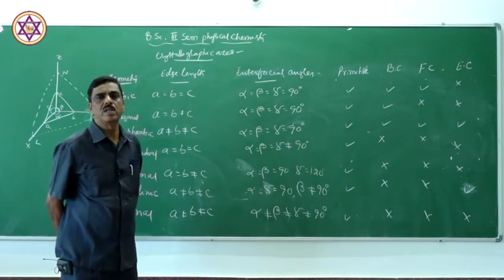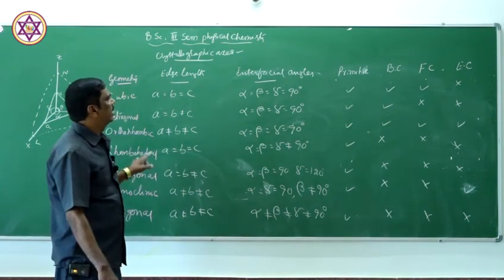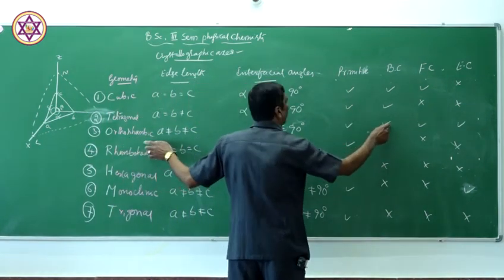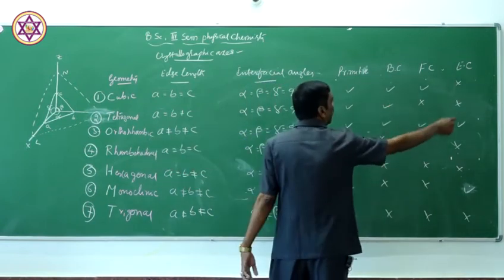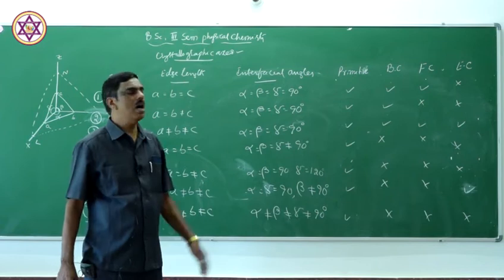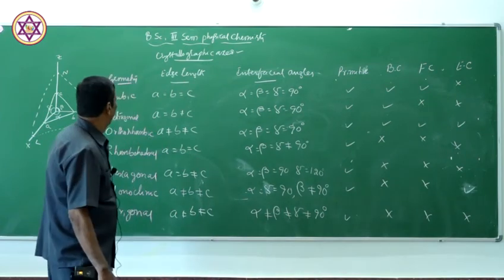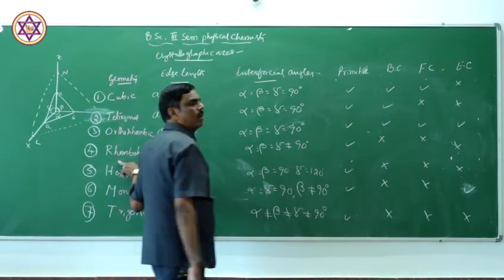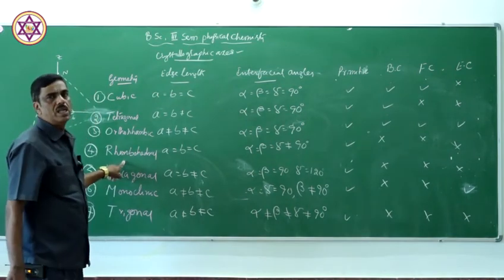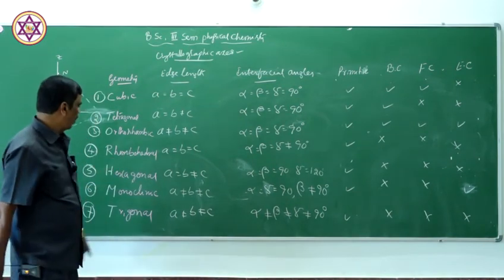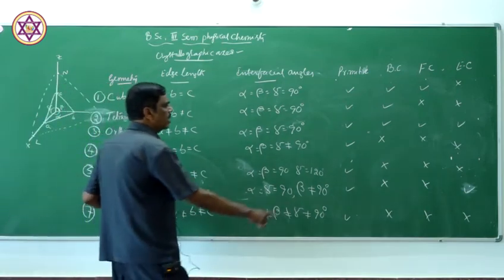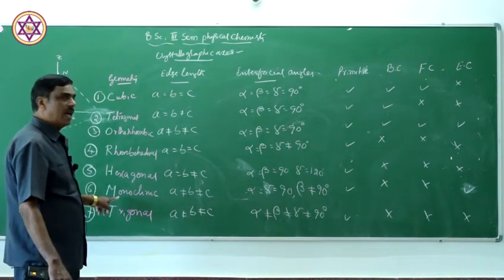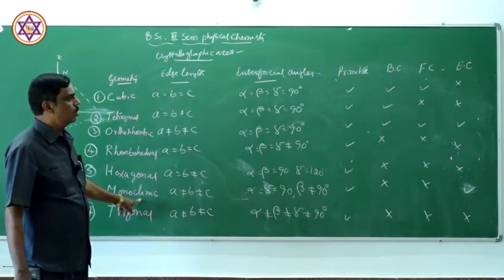and in case of orthorhombic, all the 4 types exist: primitive orthorhombic, body centered orthorhombic, face centered orthorhombic, and edge centered orthorhombic. All the 4 types of Bravais lattice are present. In case of rhombohedral, only one type, only primitive cell, only one type of Bravais lattice. In case of hexagonal, you see there is only one type of Bravais lattice, that is simple lattice,